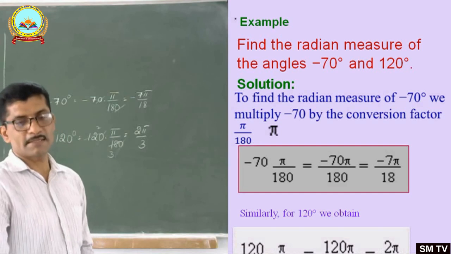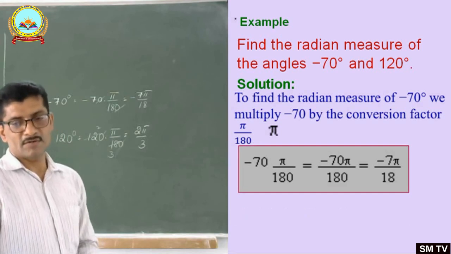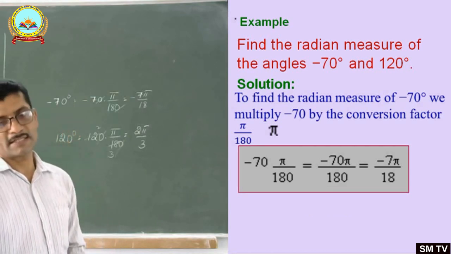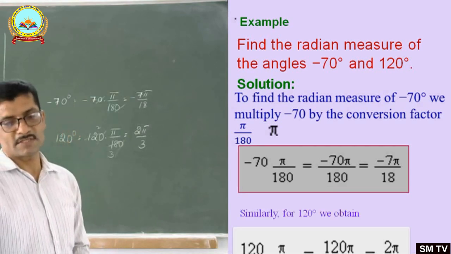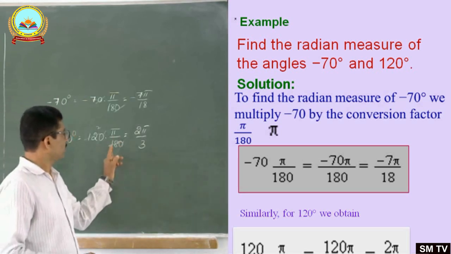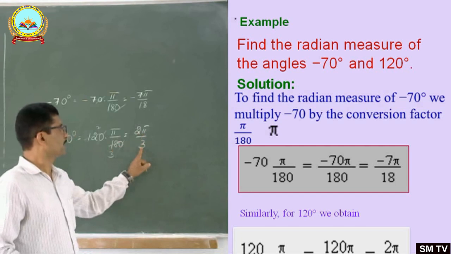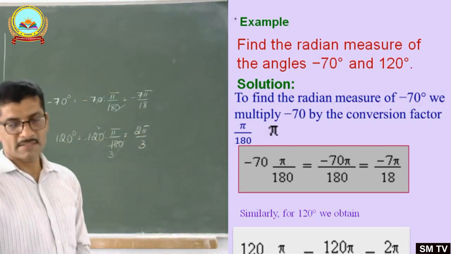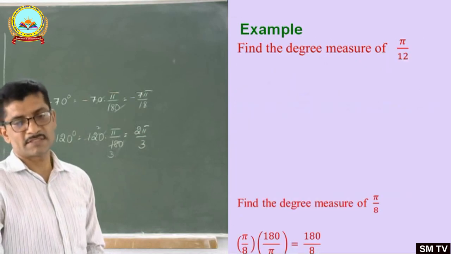ಇದನ್ನ ನಾವು ನೋಡ್ತಾ ಬಂದಾಗ, here minus 70 is multiplied by pi divided by 180, you get minus 7 pi divided by 18 radian ಆಗಿರುತ್ತೆ. In the similar way, ನಾವು ನೋಡಿದ್ರೆ 120 degree is multiplied by the conversion factor pi divided by 180, simplify ಮಾಡಿದ್ರೆ 2 pi divided by 3 radian. ಹಾಗೆ the reverse method ನಲ್ಲಿ ನಾವು ನೋಡೋದಿದ್ರೆ